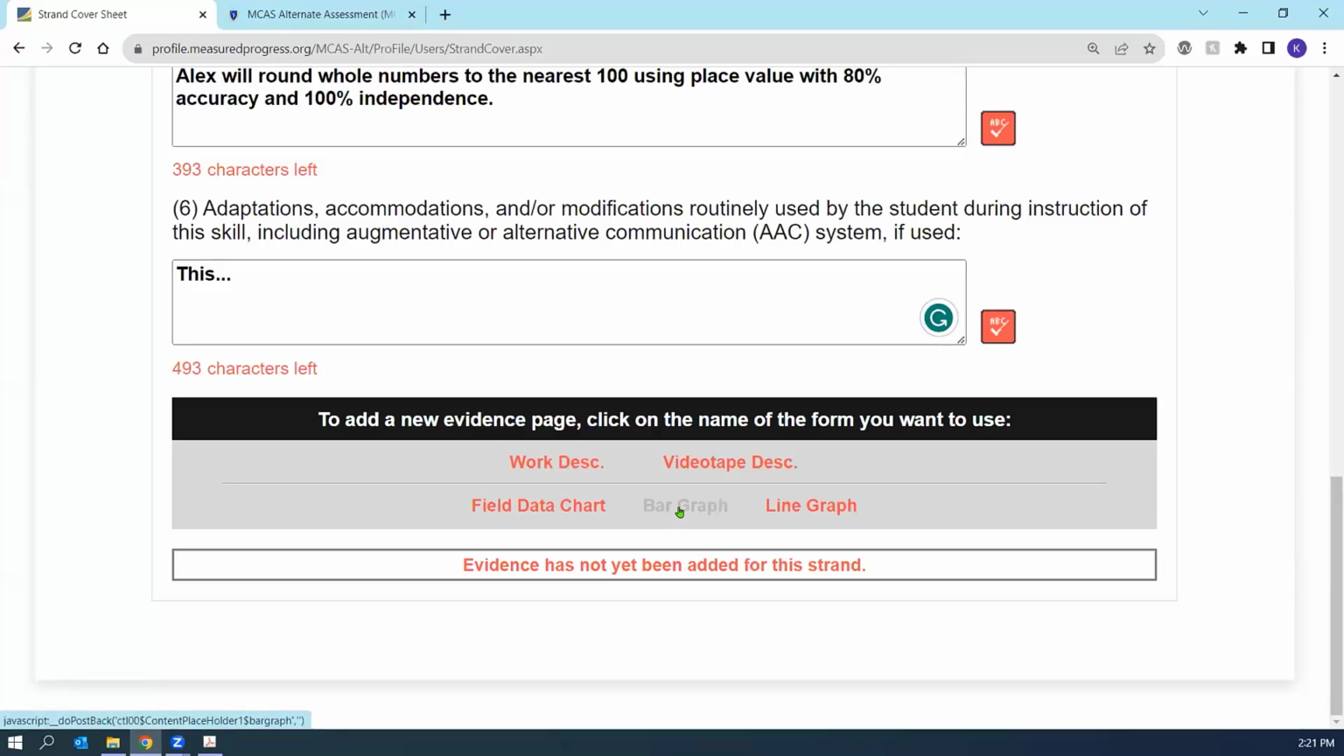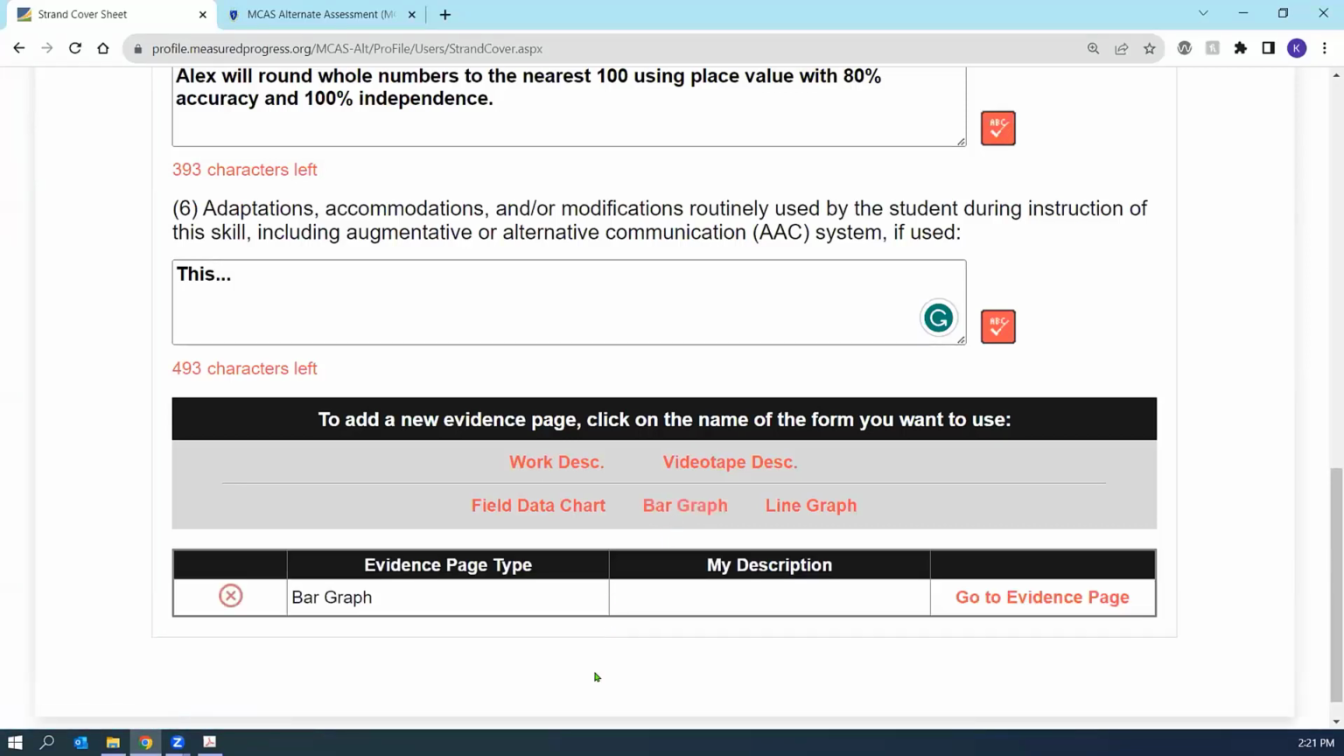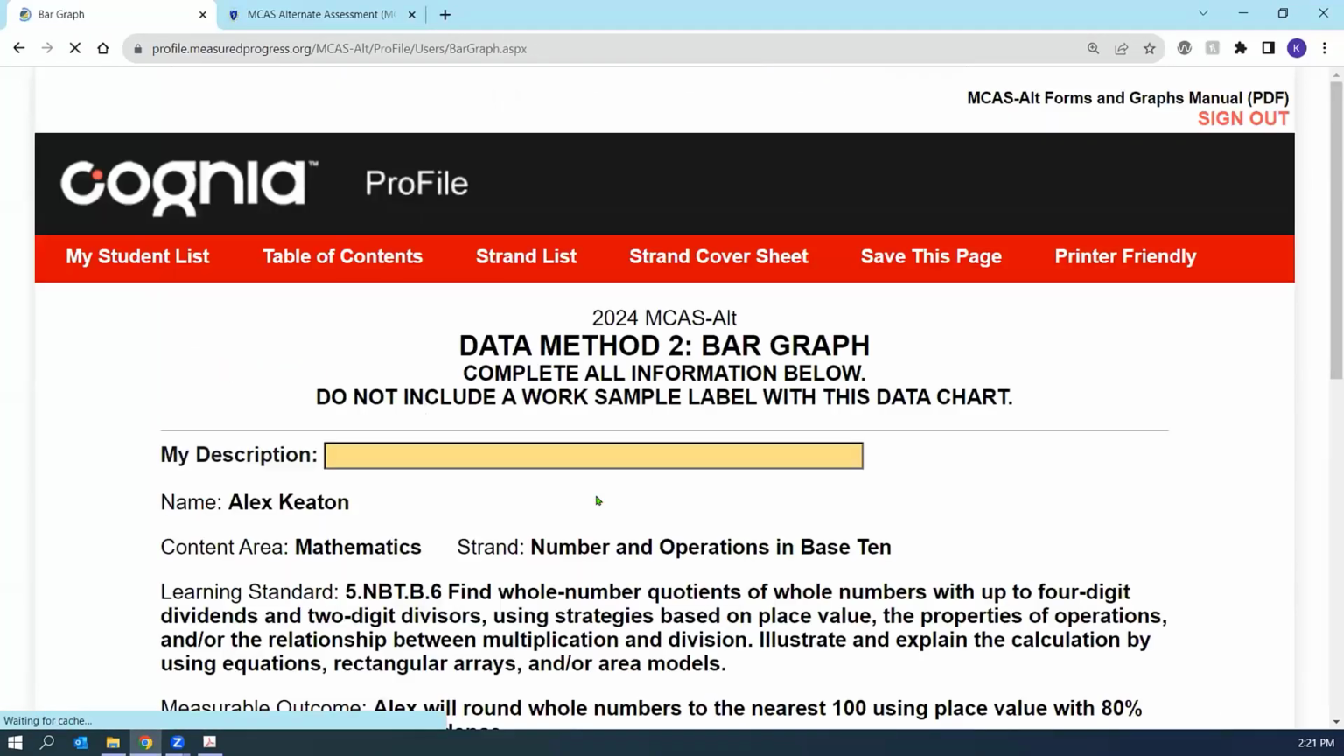But you can, but just know when you do delete it, it is gone. There's no bringing it back. So let's drop a new one in. This time we're going to go to evidence page. And this is my description,